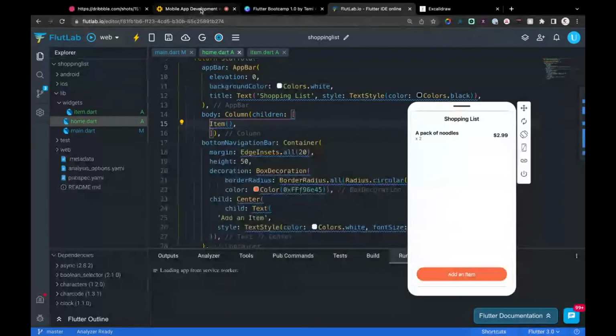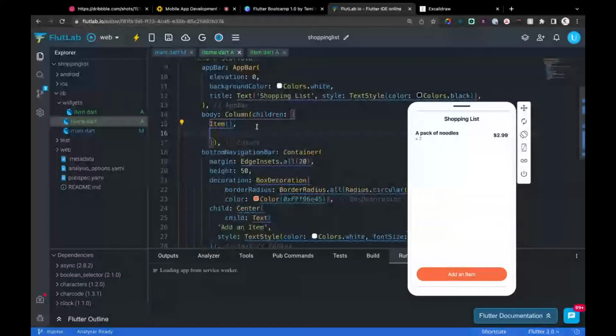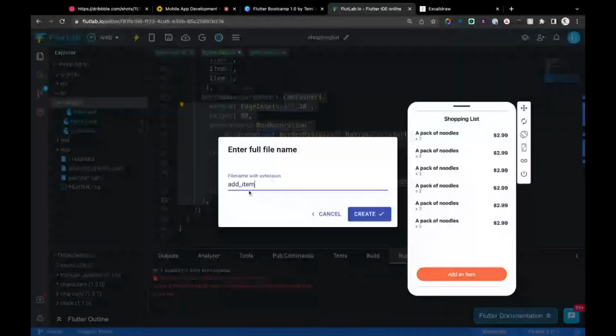Okay, so now our code is smaller, and we can add as many items as we want. When we save, we see that all the items are added. Good. This one too. Let's extract it and create an add item button. That we create a stateless widget and say add item button